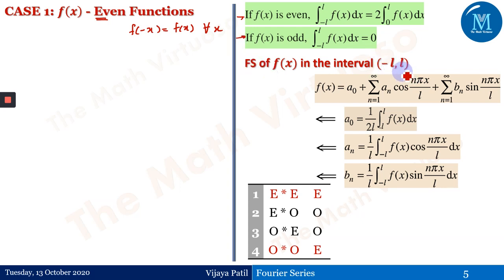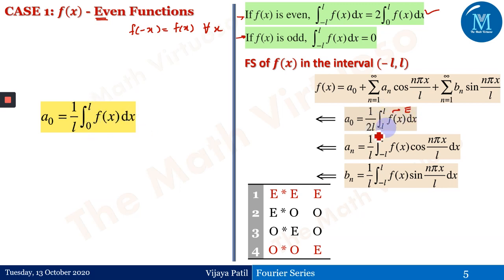And then what will happen here? It's the integral from minus L to L of f of x dx, and this f is an even function. If it is an even function, by this particular property, it is 2 times the integral from 0 to L of f of x dx. Therefore, a0 here becomes: there is a 2, and there is another 2 in the formula's 1 by 2, that will go off, and I'll remain with a0 as 1 by L integral from 0 to L of f of x dx. This is happening when f is an even function, right?